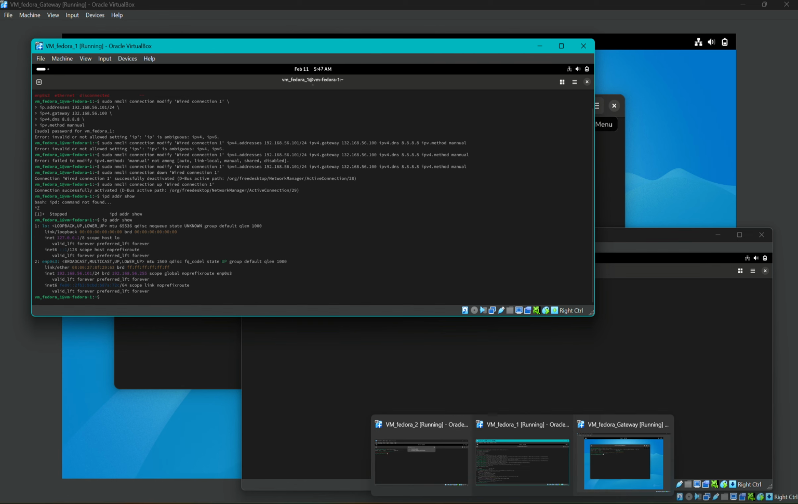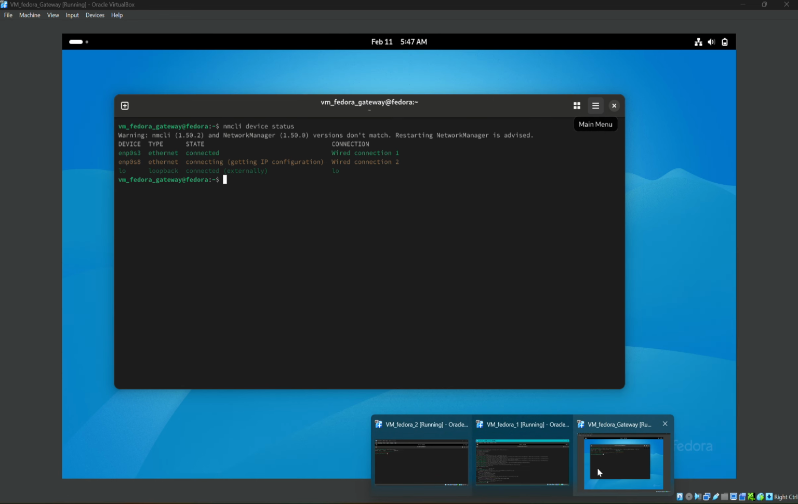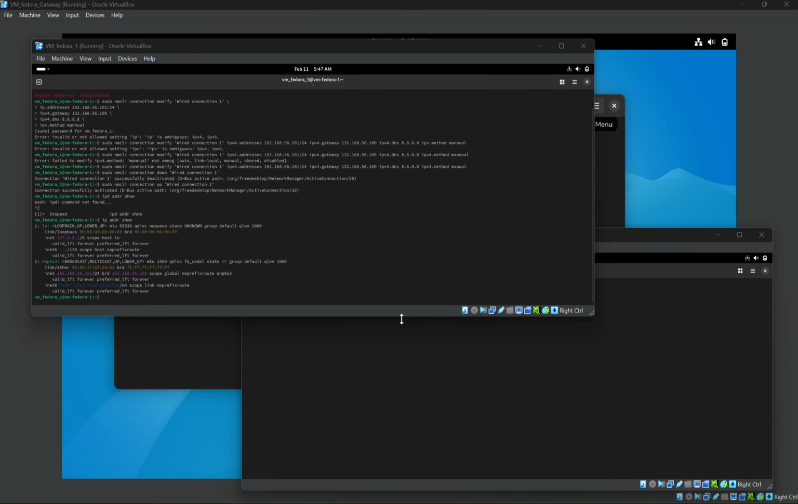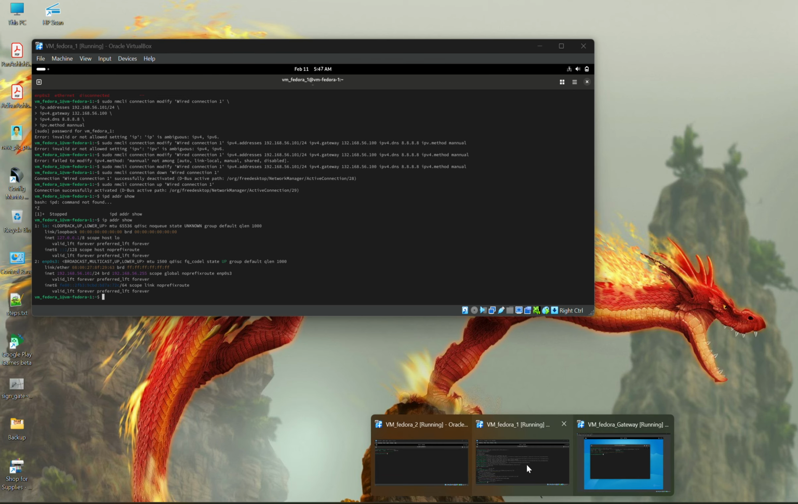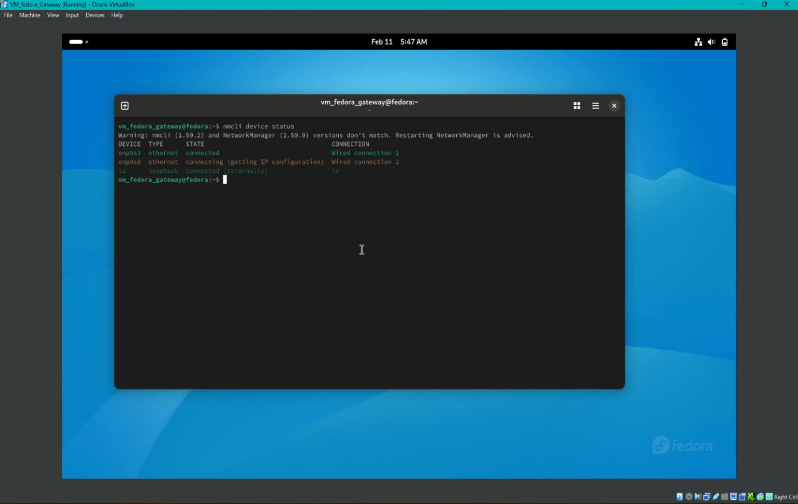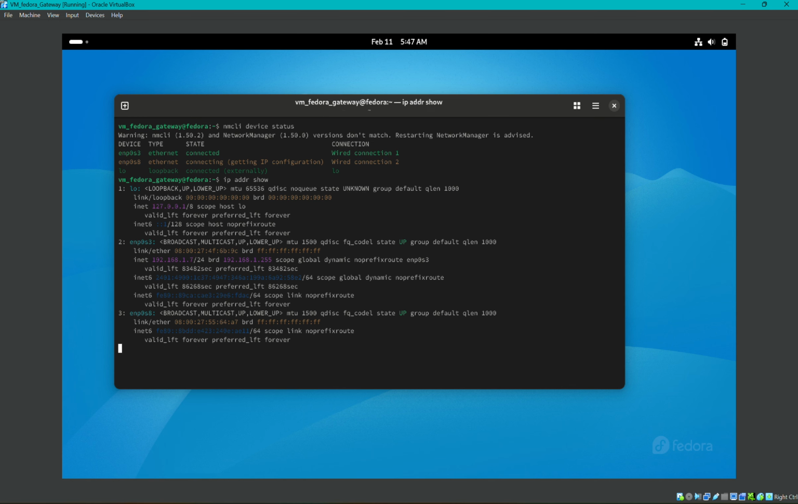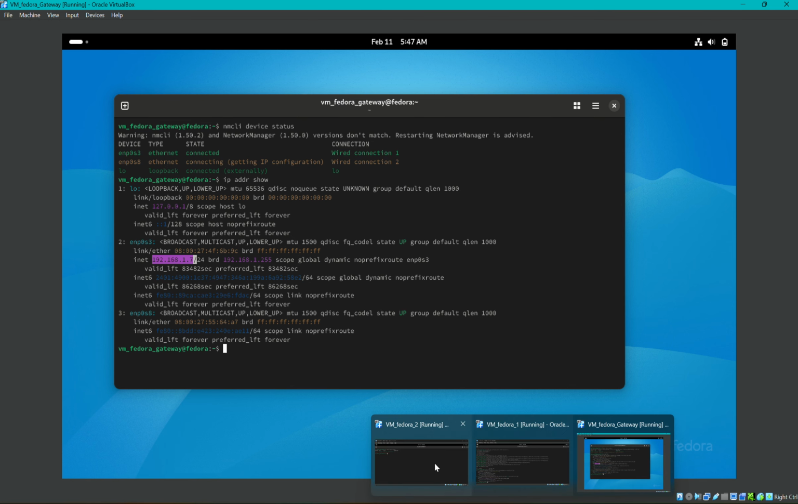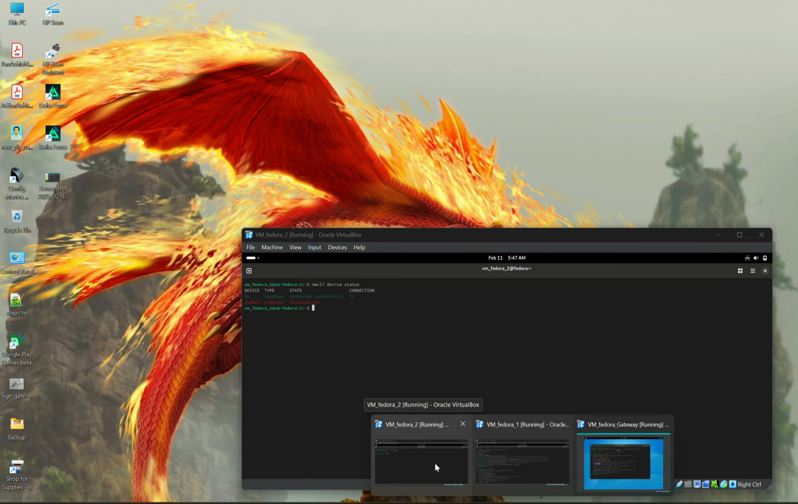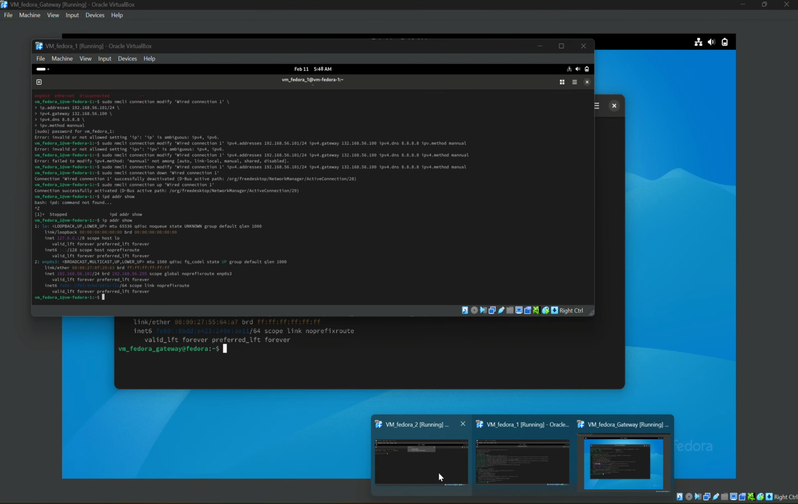Now, before we are pinging, let's set up the third gateway for the machine. We have a new IP address for this one, so we have to set it up accordingly. So we have to change it. So this is our second VM,